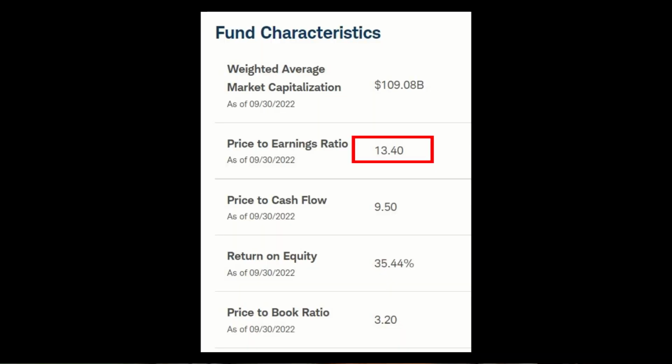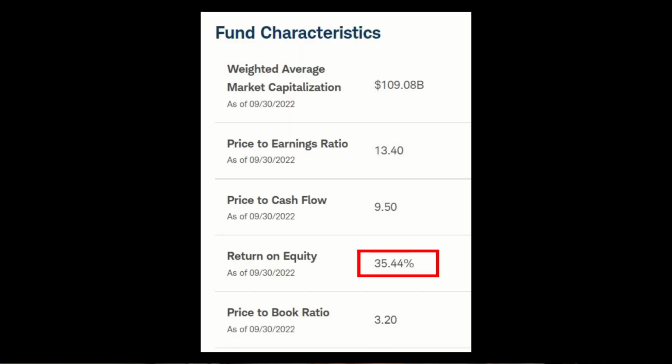So I think that's completely fine. Additionally, the average PE ratio of companies that SCHD owns is 13.4 right now. I'm not really sure if this is a weighted average or not, but I don't think it would matter all that much because SCHD isn't super heavily weighted in any one stock or any one group of stocks,